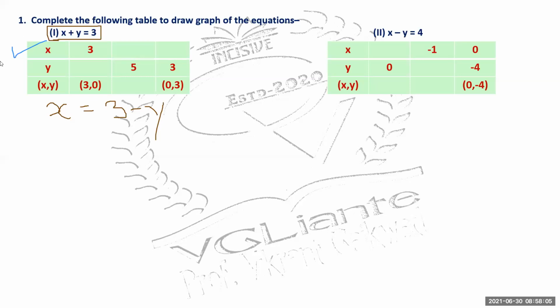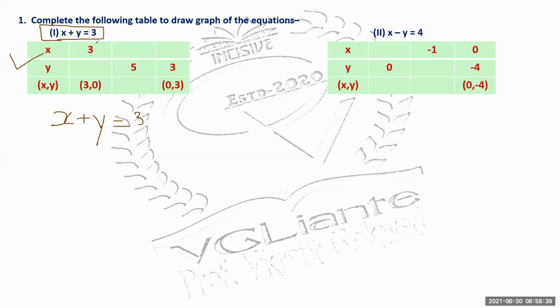Okay, now when you're going to solve the complete the table thing, understood? What you have to do is, now this you're going to apply when the table is not given. This you'll apply when the table is not given. Understood? Now when the table is given to you, so what you have to do is you have to simply substitute these values here. x plus y equals to 3. This is your first equation.